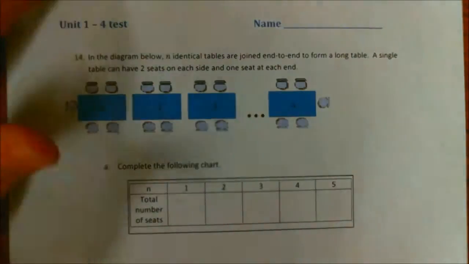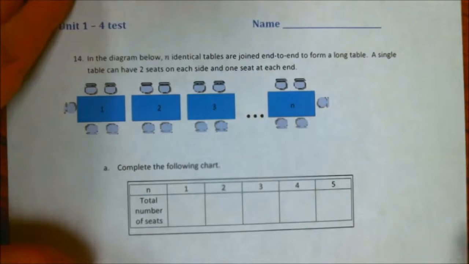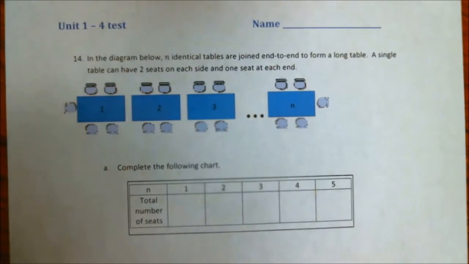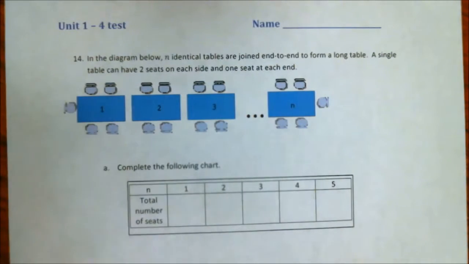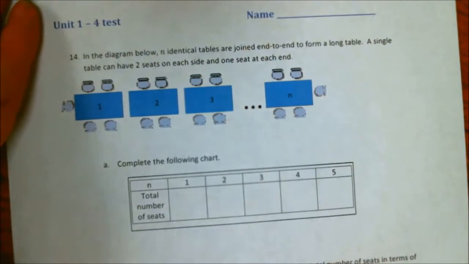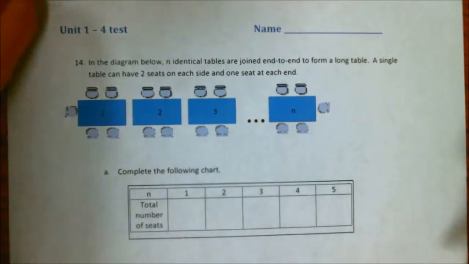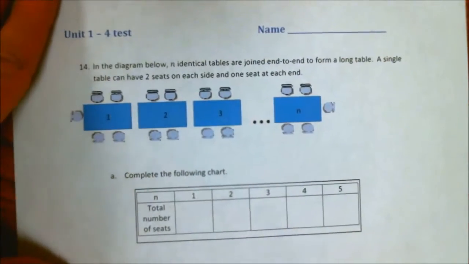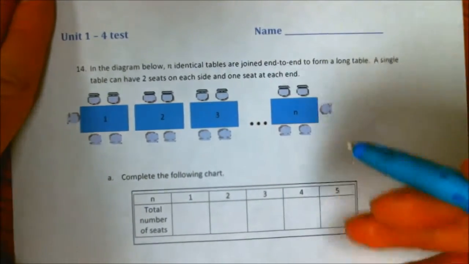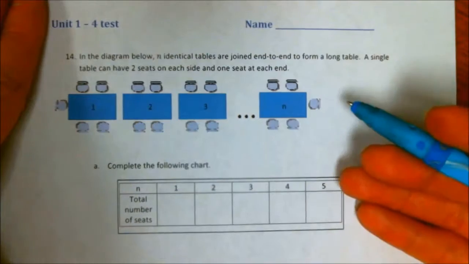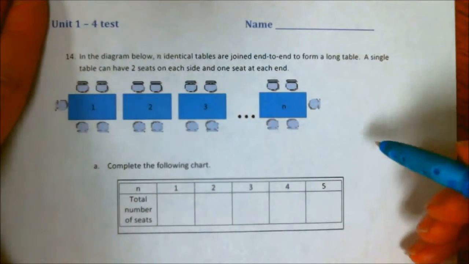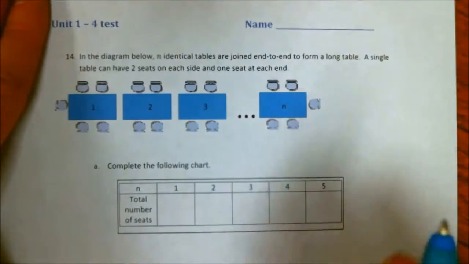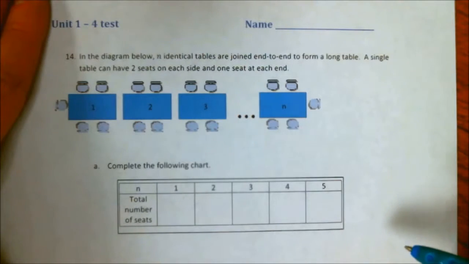Last but not least, we have this table problem. It looks like a train. And you know, this late at night, I keep thinking of it as a train problem, but it's just a table. Let's read carefully what it says here about these tables. This is kind of an introduction to sequences and series, and I want to help everybody understand this,